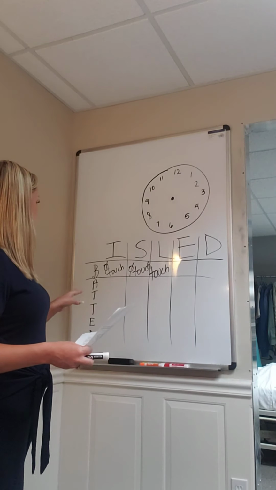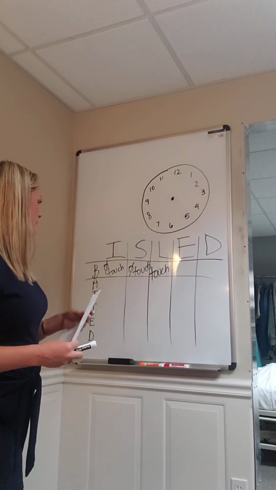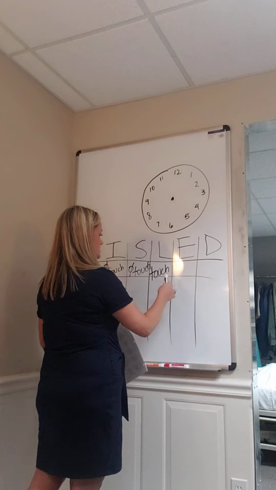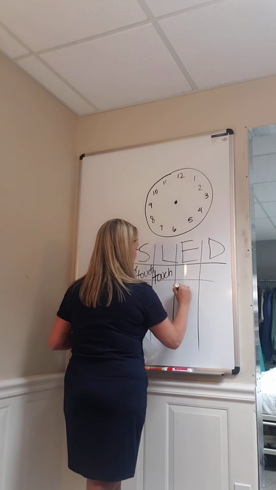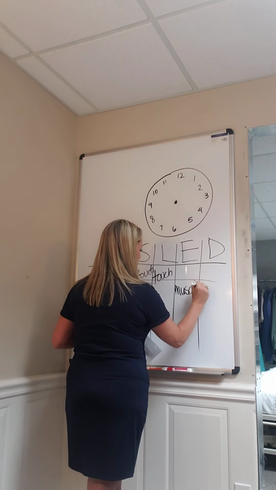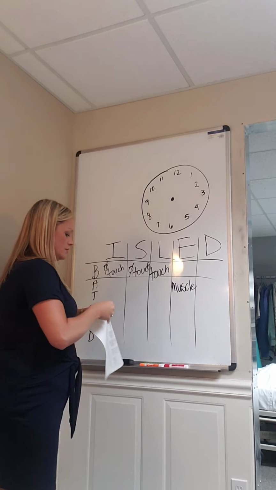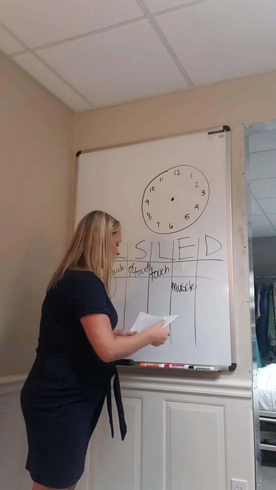So, independent, supervision, limited. This is touch. Extensive assistance is when you're using muscle to help them. This means for bathing,